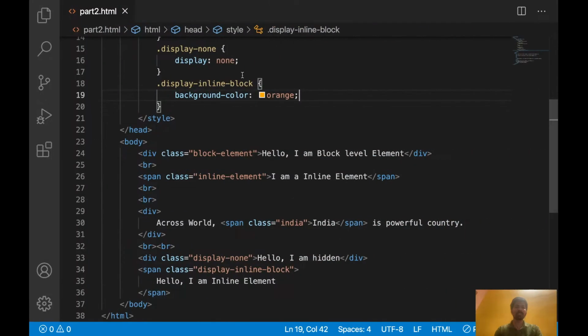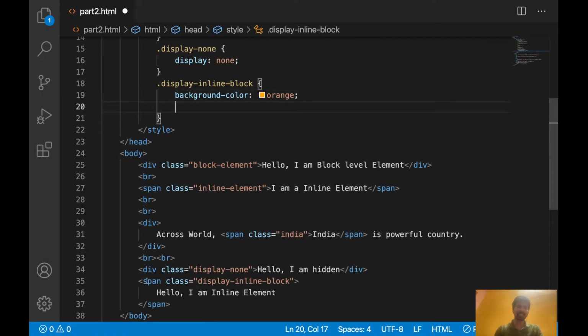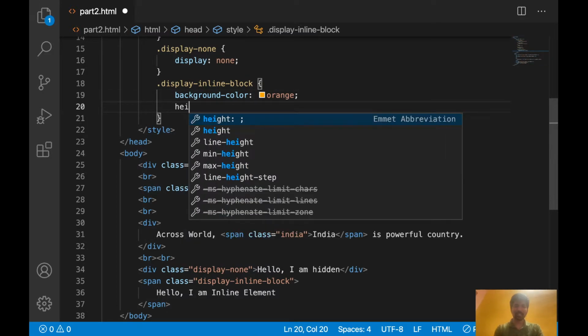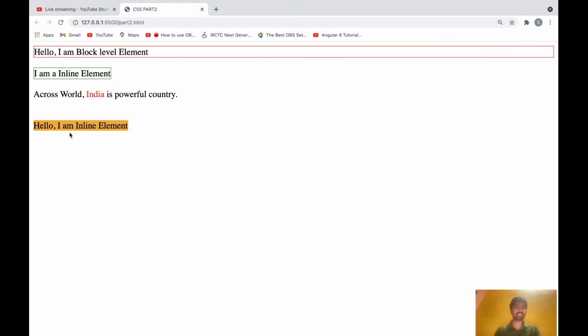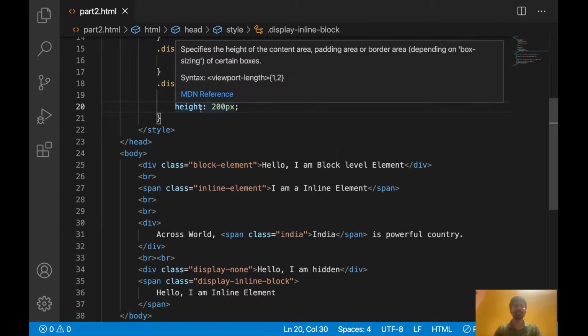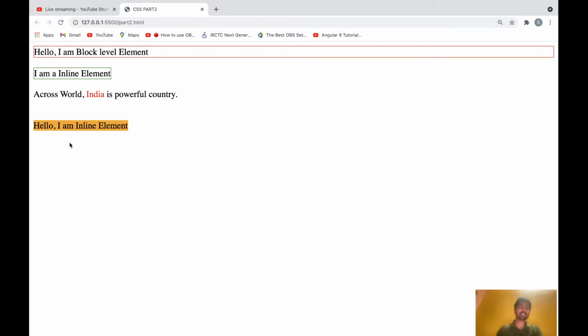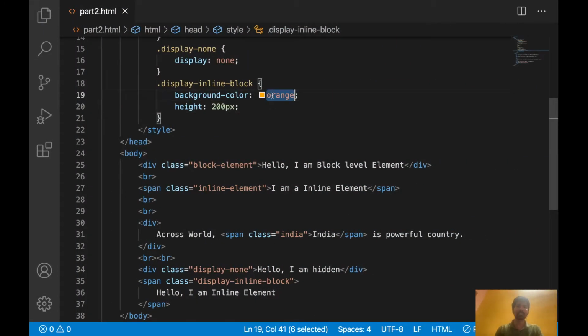So now I will apply some width and height for an inline element. This is an inline element. Okay, for span I want to give height. Let's see whether it will apply or not. Height some 200 px. Okay, let's save this one. See, that height is not taking. I'm giving height 200, so 200 height should give the background color of this orange, but it is not giving.